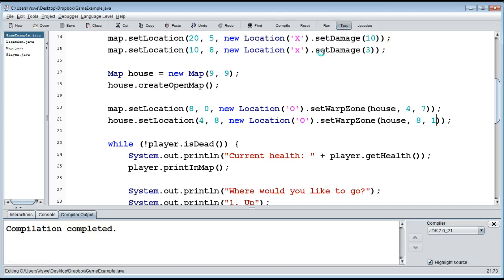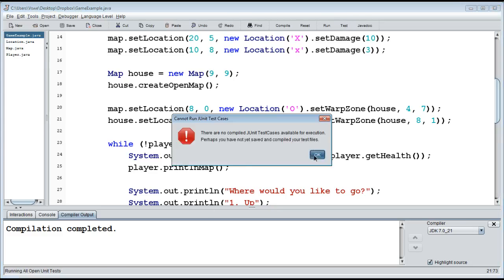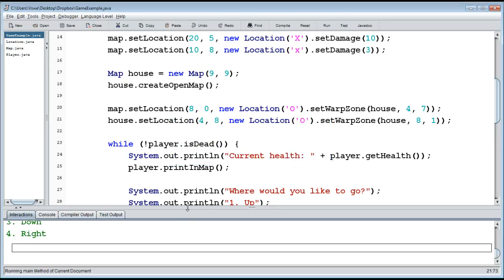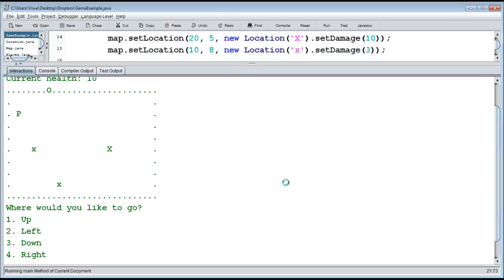Oops, that's the wrong thing. I wasn't supposed to hit test. Crap. Here you go, run. Right, so now if I move